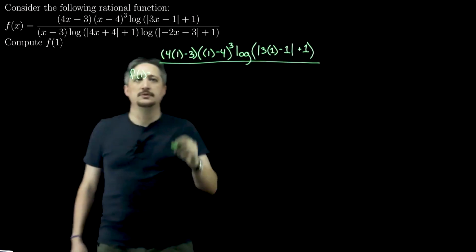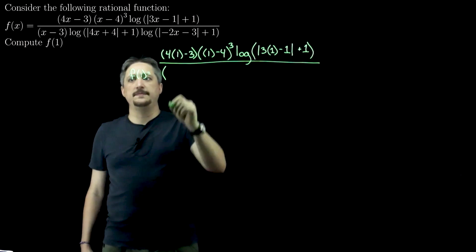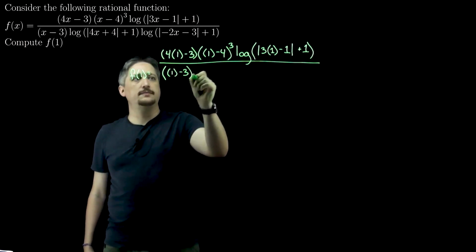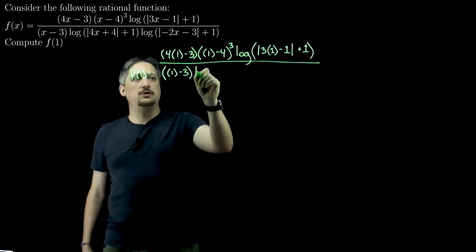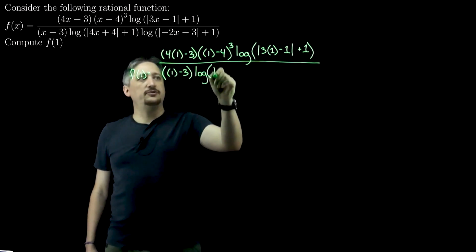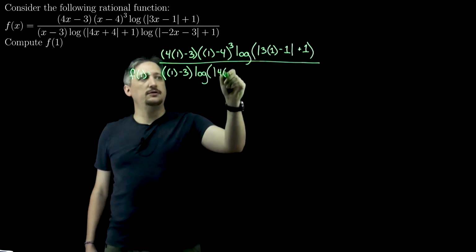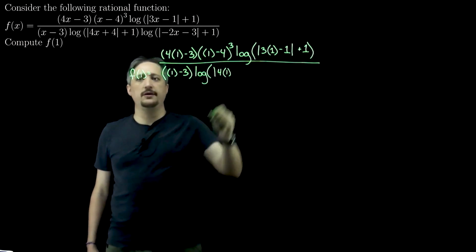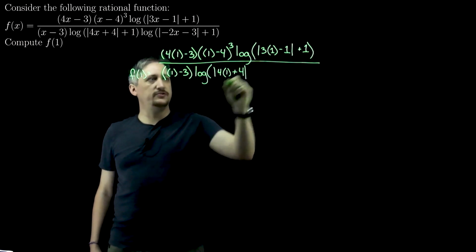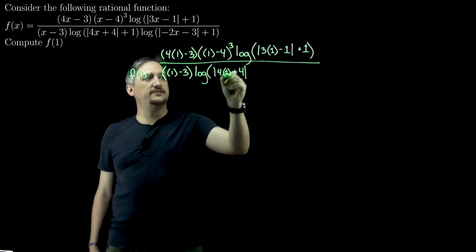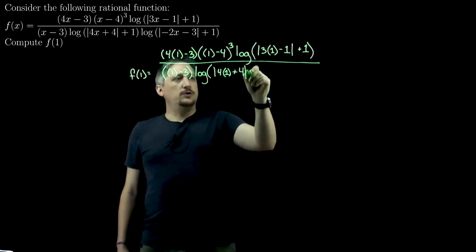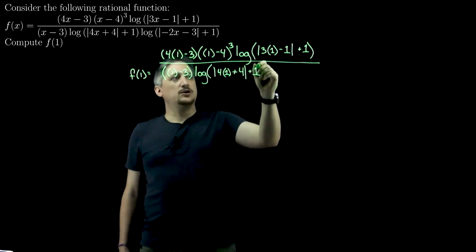Bottom, I have open paren x, that's a 1, minus 3, and then log open paren absolute value 4, x is 1, plus 4, close absolute value. I'm going to make that into a fancy 1 so I don't get mixed up. Plus 1, close paren,